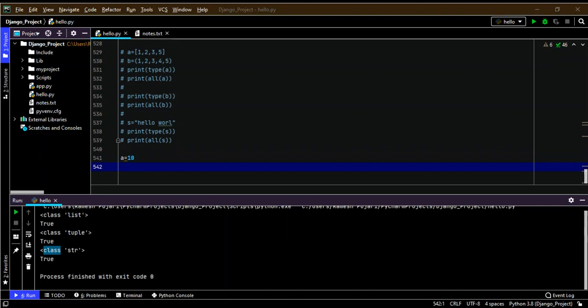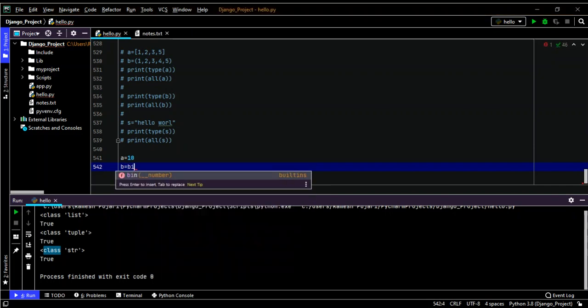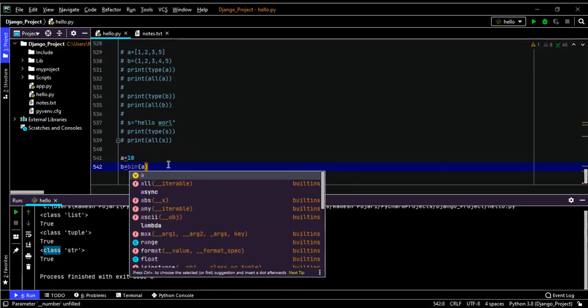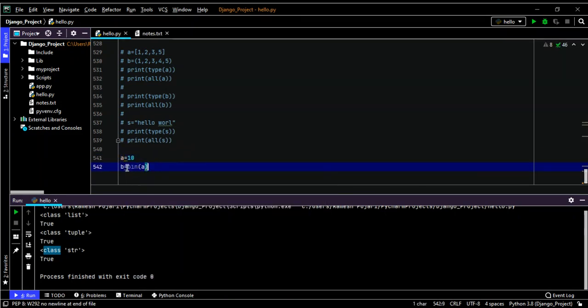So how to do that? Now I will show here. I will use the b variable to hold the value, and I will use the function called bin, and I will pass the variable. 10 is stored in which variable? Here 10 is stored in variable a, so I will pass a here. The output is stored in variable b.